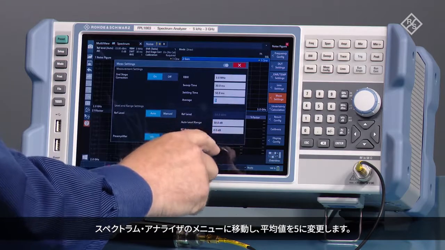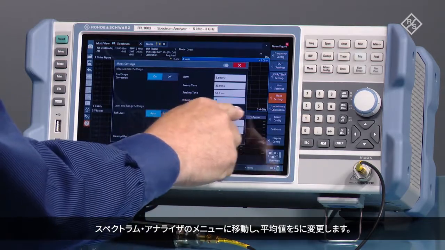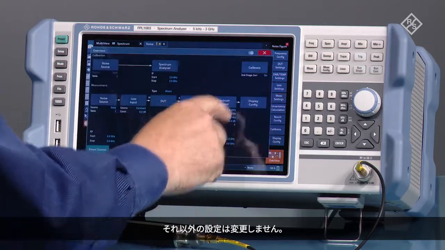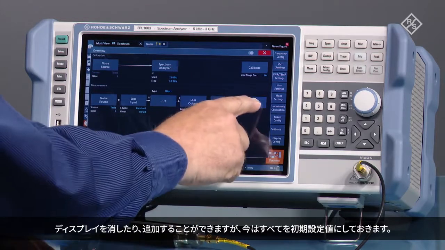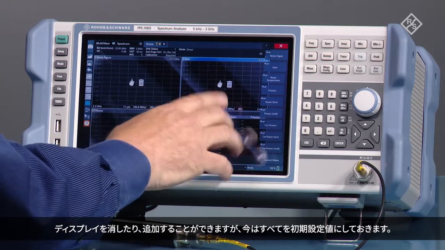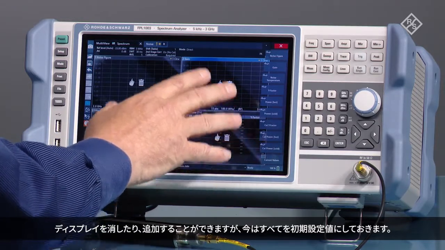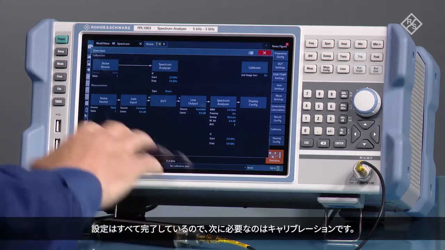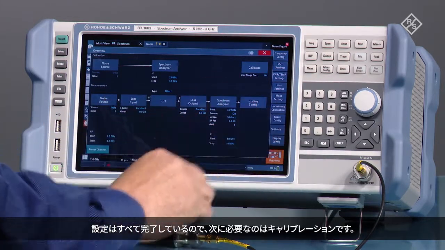We're going to go under Spectrum Analyzer, and we're going to change the number of averages to 5. And we're going to leave everything else the same there. Under Display Config, we could get rid of displays or add displays, but I'm going to leave everything in the default for now. Okay, so we're all done setting it up, and now all we need to do is a